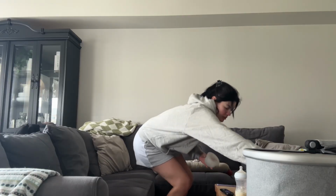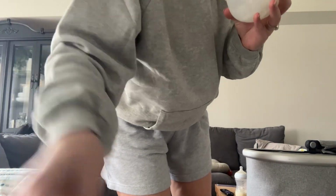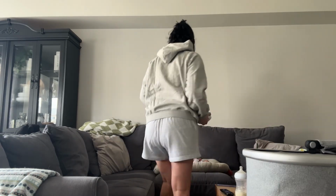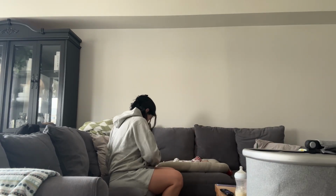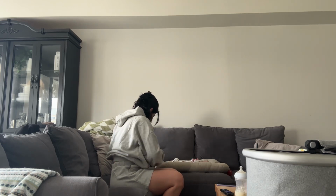Welcome to a day in the life of my 2.5-week postpartum, fun as a toddler mom and now a newborn. With my husband returning back to work after taking 2 weeks off, I look after our newborn in the night and he gives me a little nap in the morning before he has to head to work around 11:30, 11:45,